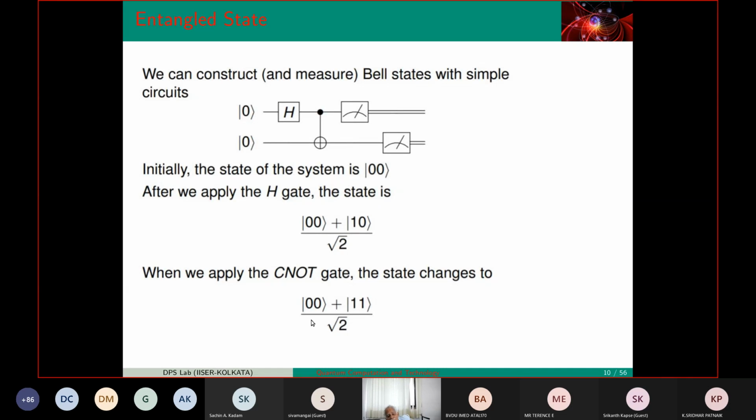What is the other thing? The other thing is that this collapse is completely arbitrary. If you measure, when will you get 0, when will you get 1, you do not know. Completely arbitrary. Half of the time it will be 0, the other half it will be 1. So this has been used to generate random numbers. A quantum random number generator, because the output is completely random, is also being used now.